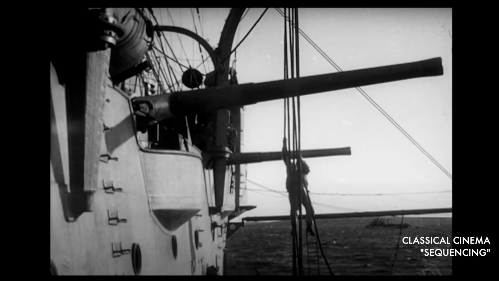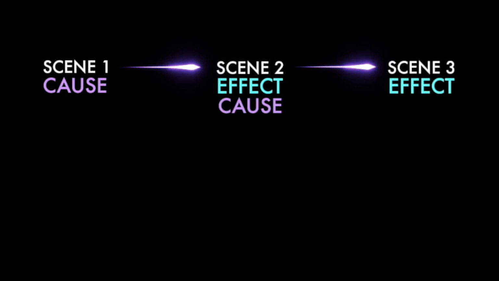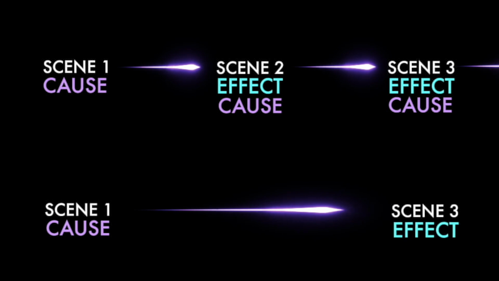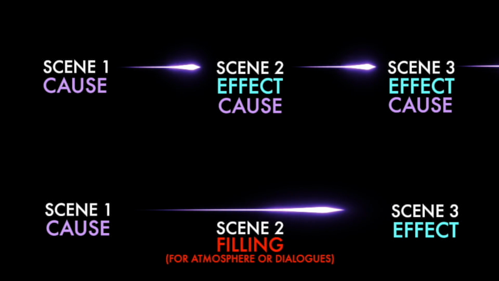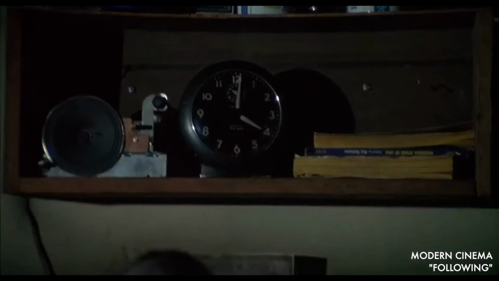Because in screenwriting there should be a number one rule, which is scene 1 is the reason for scene 2 and so on. If this rule is followed, the viewer remains engaged. But with average to bad movies, it often looks like this. Scene 1 is the reason for scene 3 or 4, but the scenes in between are just for atmosphere and don't help the story. Of course, this is often the case with the following narrative variant, as some of the protagonist's steps could be omitted, because the step itself is already clear.